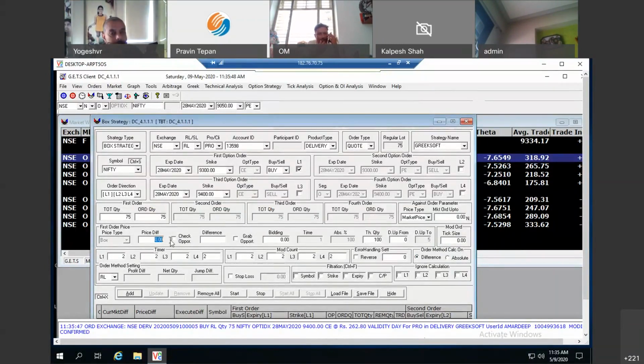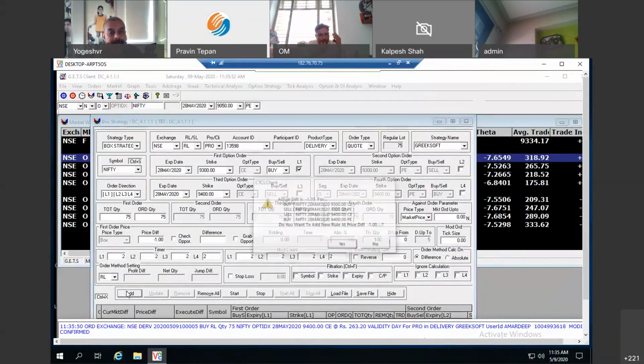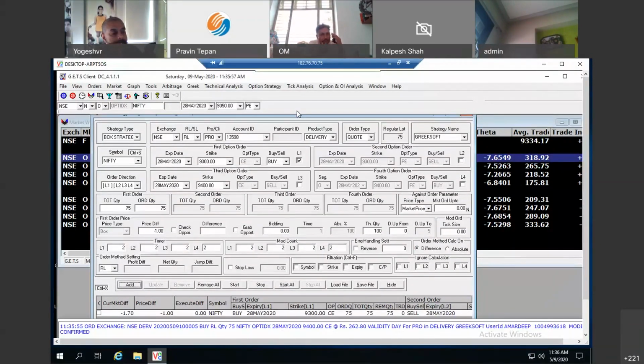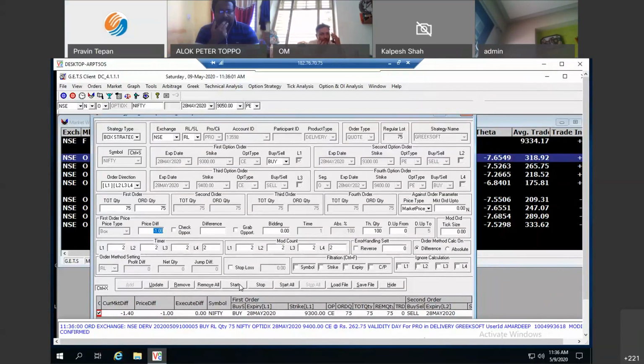Accordingly, I can put my price here. Say, for example, I put -1. I add it accordingly, and I start the strategy. This is my vanilla box strategy.